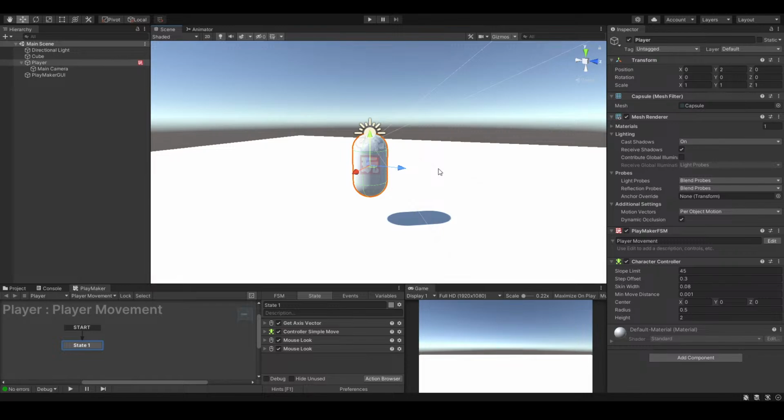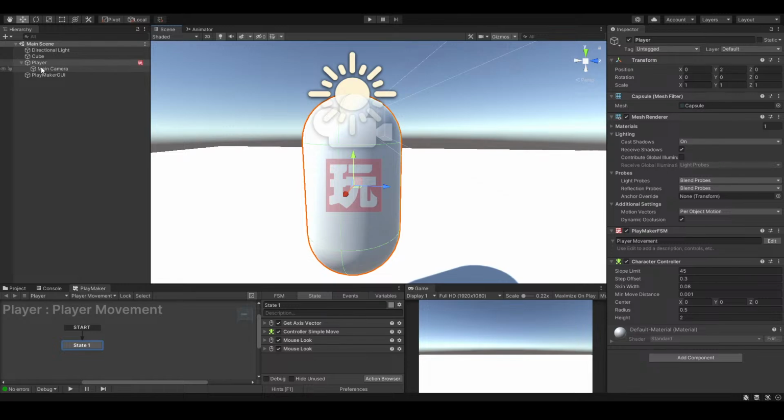Now we need to create a gun so we can shoot bullets. So where is the head? Let me see one thing. Does the camera clip or not? Okay, the camera doesn't clip. So let me add a gun in the main camera, or we can also add the gun